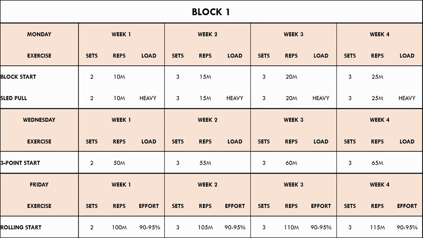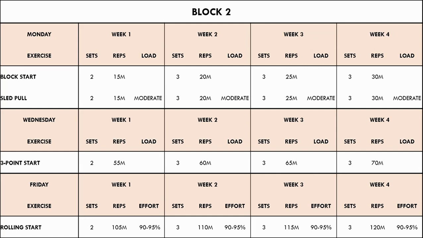The second block has a very similar setup as block 1. The only difference here is that the distances have increased slightly, which is slightly more specific to the 100-meter race. It will also expose the athletes to higher average speeds throughout the week, and therefore have them in slightly better 100-meter race condition. However, they are still not in absolute peak condition, since there is still another 8 weeks of training after this